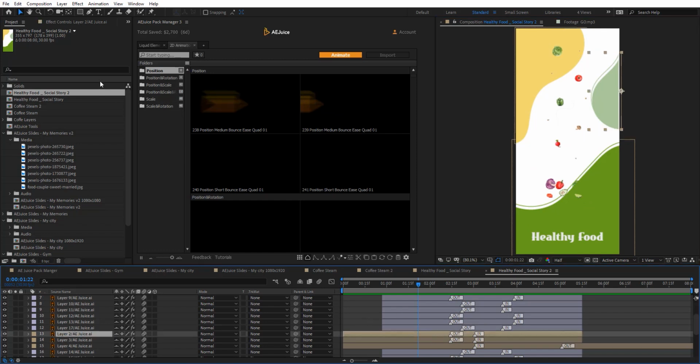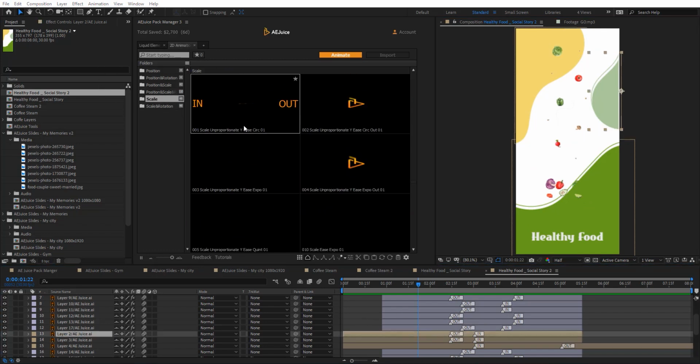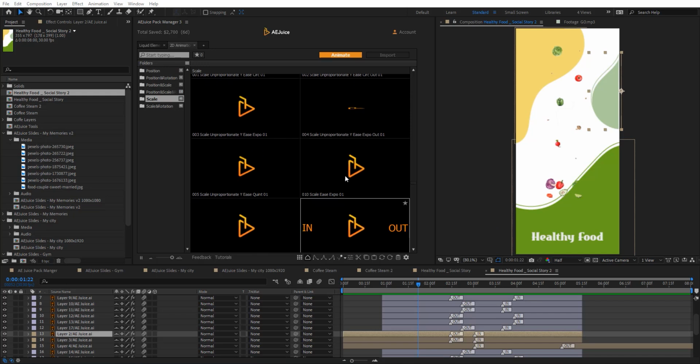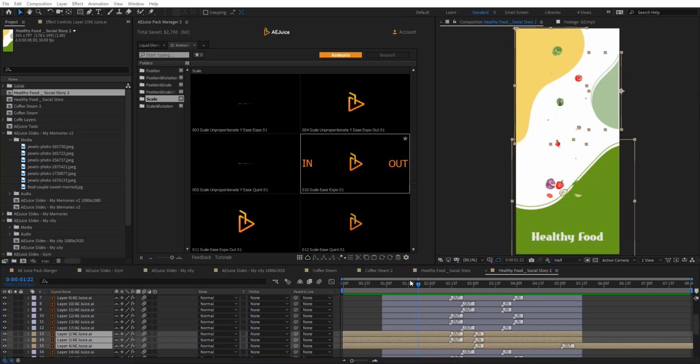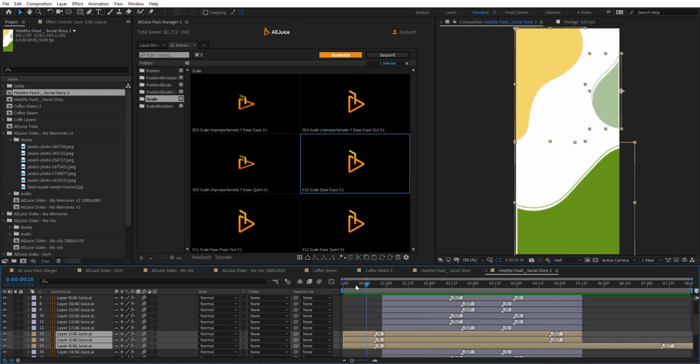So easily we can change that. Let's find here a nice scale. Maybe I'm just going to select that one, or all of them right here, and use this one. So you can see now we got this nice animation for the background, and we can actually change that.